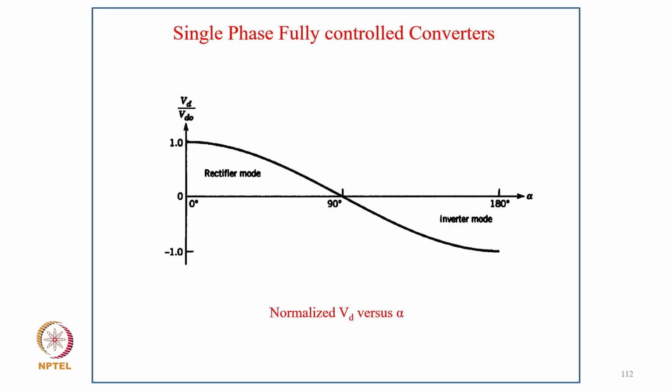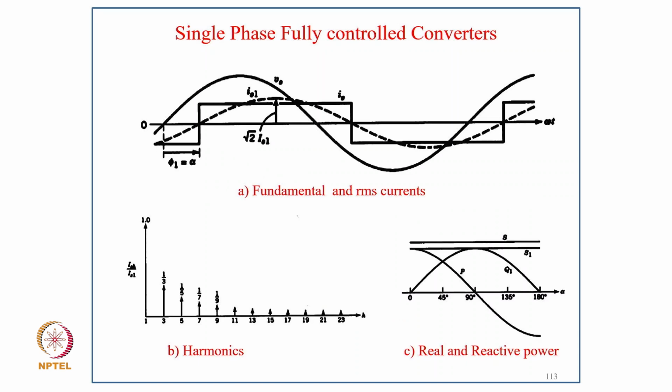And this is a normalized Vd versus alpha, how the output voltage varies typically with the alpha, and it goes in inverting mode. Of course, this is valid for constant and continuous current, and then taking a typically pure supply current with the delay of firing alpha, how fundamental RMS current. So harmonic spectrum of this and how the real and reactive power are there, and apparent power in this case